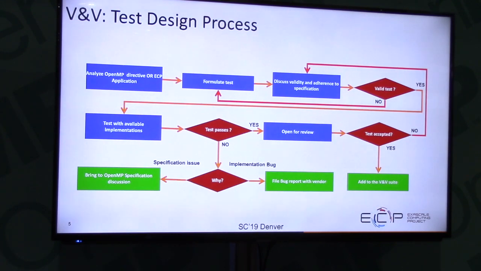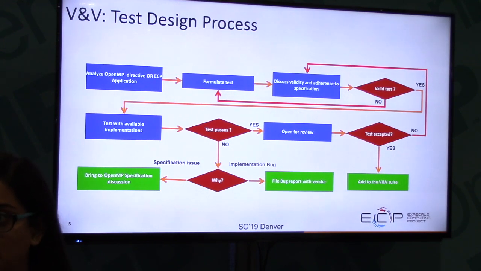This is a diagram that shows how we develop our tests. So we analyze OpenMP, we take each directive, each clause. We try to keep the tests as independent of each other as possible in the feature sets. We formulate a test, and we discuss its adherence to the specification. As you know, there are constraints all across the specification, and to say surely that this is a valid OpenMP program,